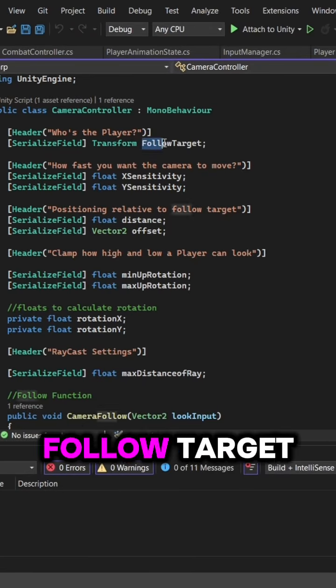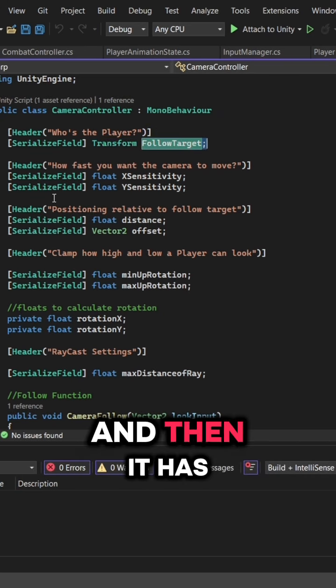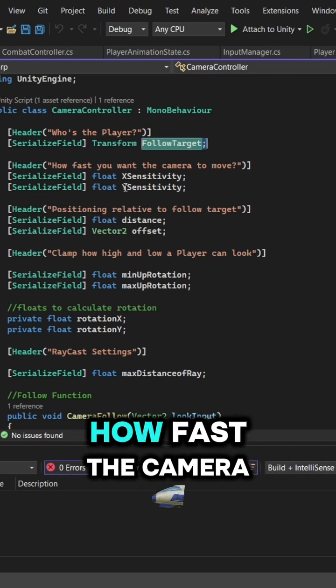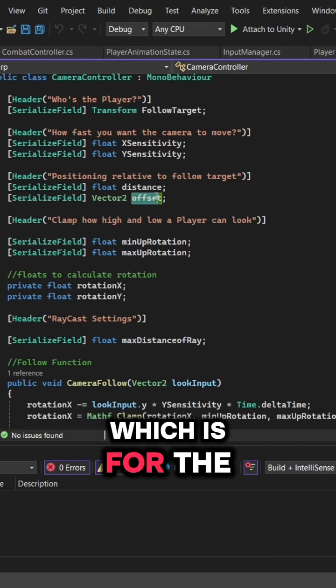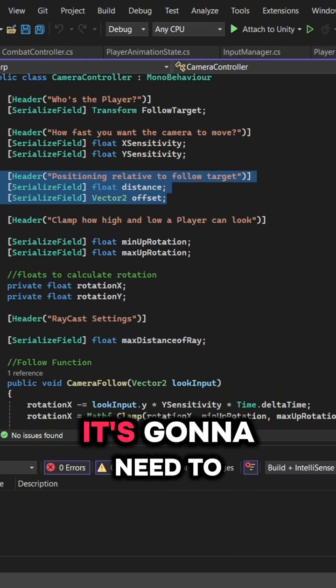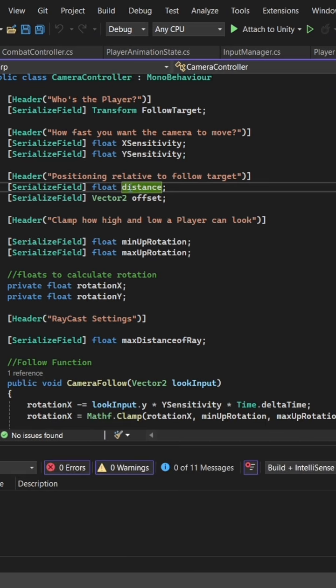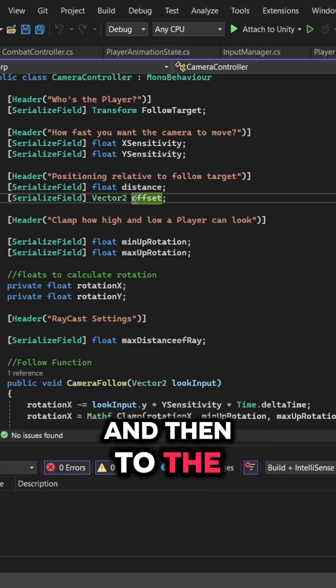Basically, it takes in a reference to a follow target, which in this case is going to be the player. And then it has variables like X and Y sensitivity, which are going to control how fast the camera's going to spin around the character on the X and Y axis. Then we have variables like distance and offset, which is for the third person aspect of this game. Since it is going to be a third person camera, it's going to need to offset itself from the character backwards on the Z axis or the forward axis, and then to the left and right or up and down